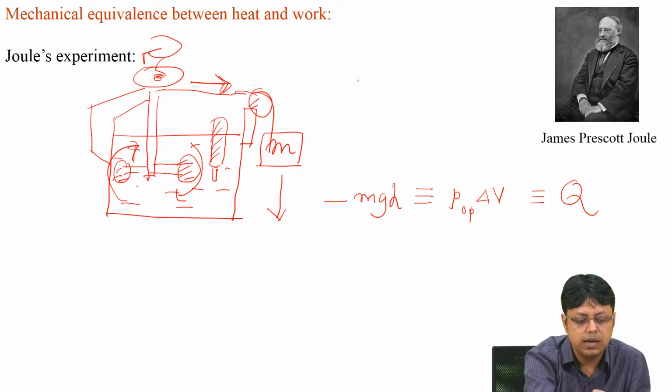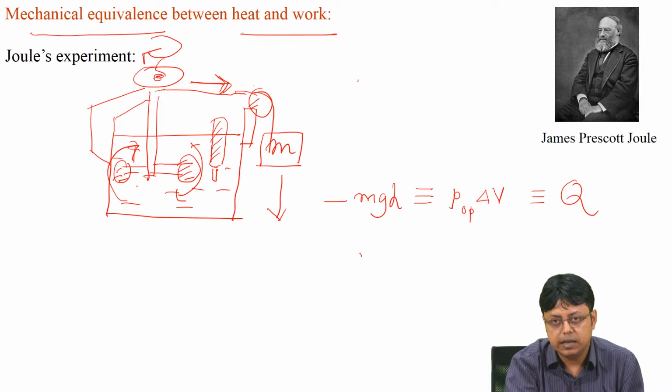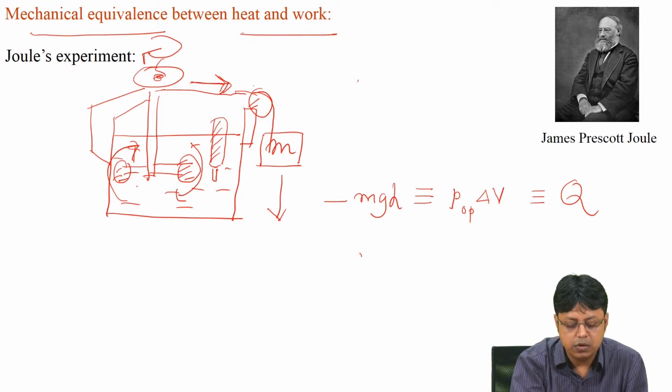So, this is known as mechanical equivalence between work and heat. Now, the interesting thing with this example is that we went from the same initial state to the same final state in these two examples. The initial state was 25 degrees centigrade and the final state of the system was 35 degrees centigrade, but we